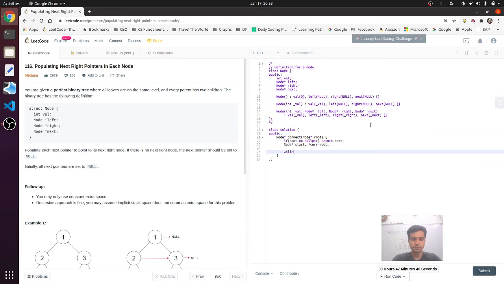Now we'll keep on moving left till left has a child, right? If it does not exist, we do not need to move anywhere, right? And we'll just assign the starting node for each level.